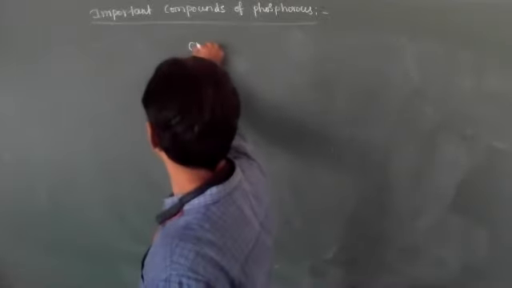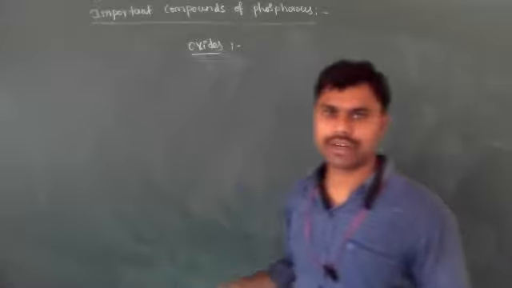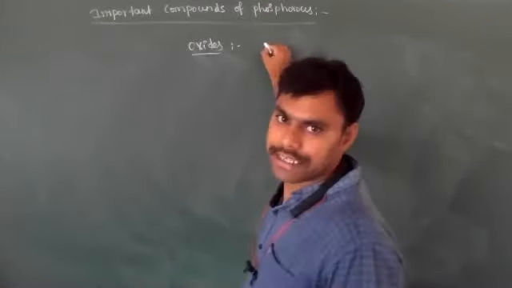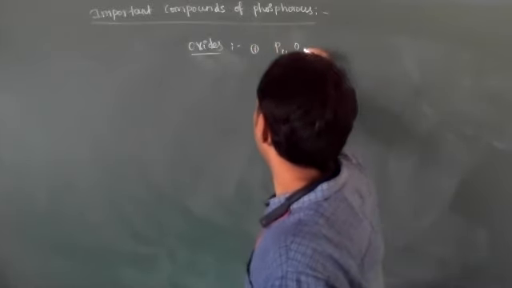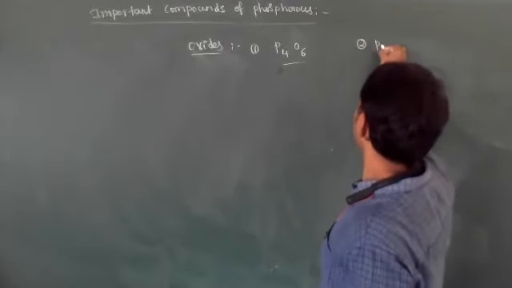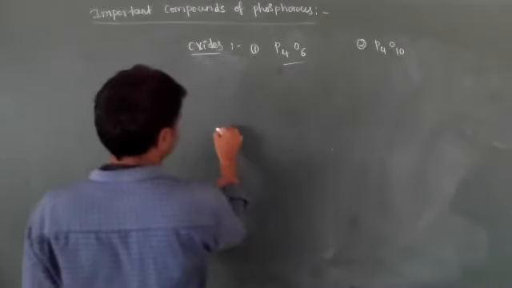Phosphorus oxides. It forms 2 types of oxides. One is a trioxide, the second one is a pentoxide. The trioxide and pentoxide exist in dimeric form. P4O6 is the trioxide, and the second one, P4O10, is the pentoxide. If you observe this structure,